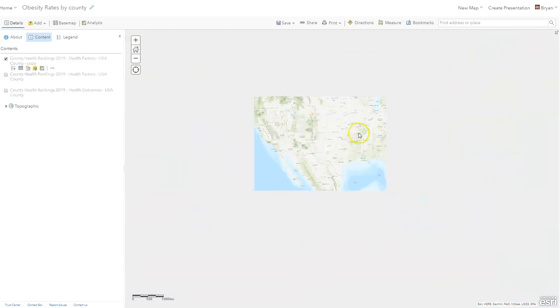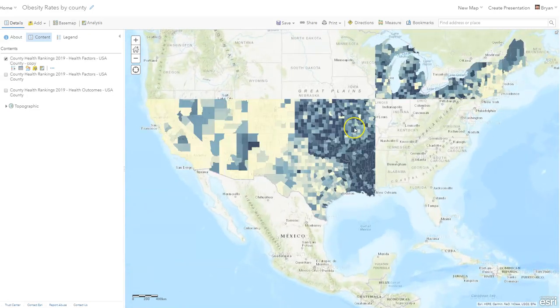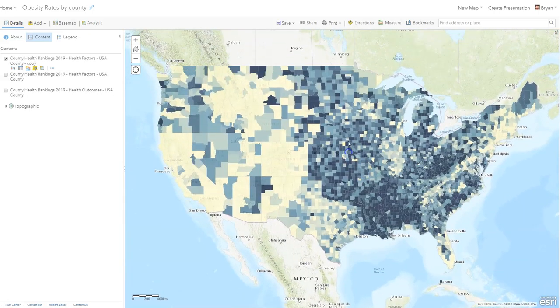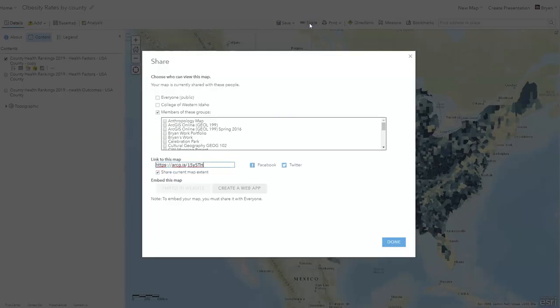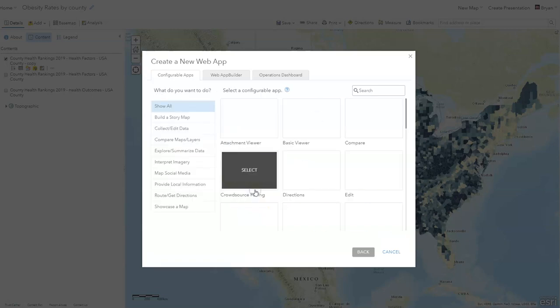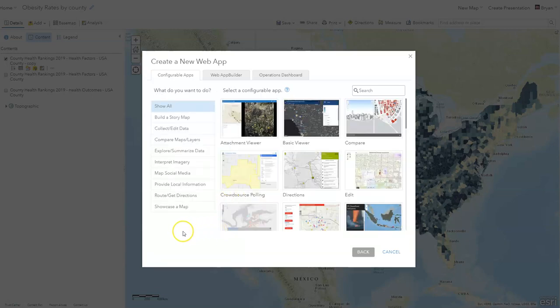But basically, let's start here. I'm going to look at obesity, get that all centered. And what we want to do is we want to go to share. And here we want to create a web app. So before we went into here, now we're going to go into create a web app. And we want to find one that we want to use. And let's see, we want to use